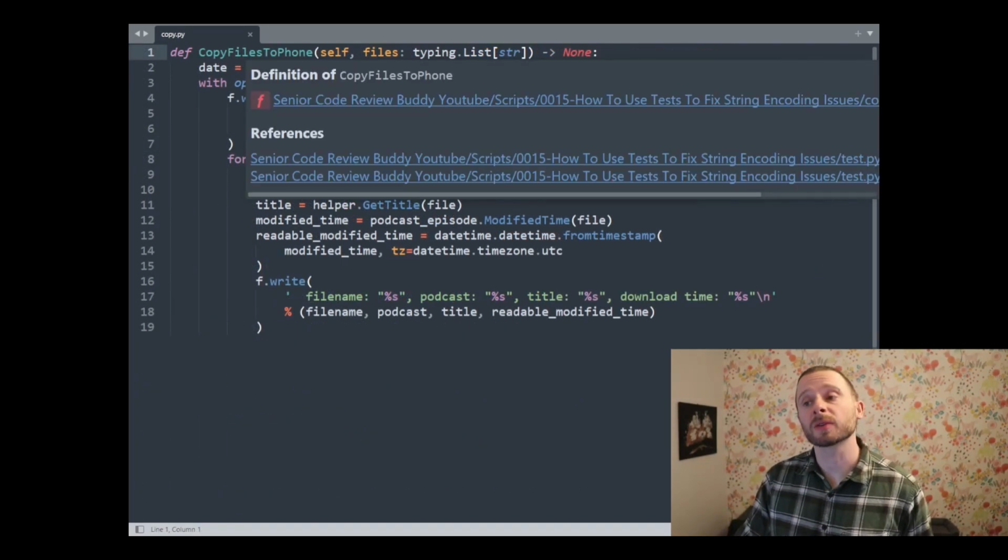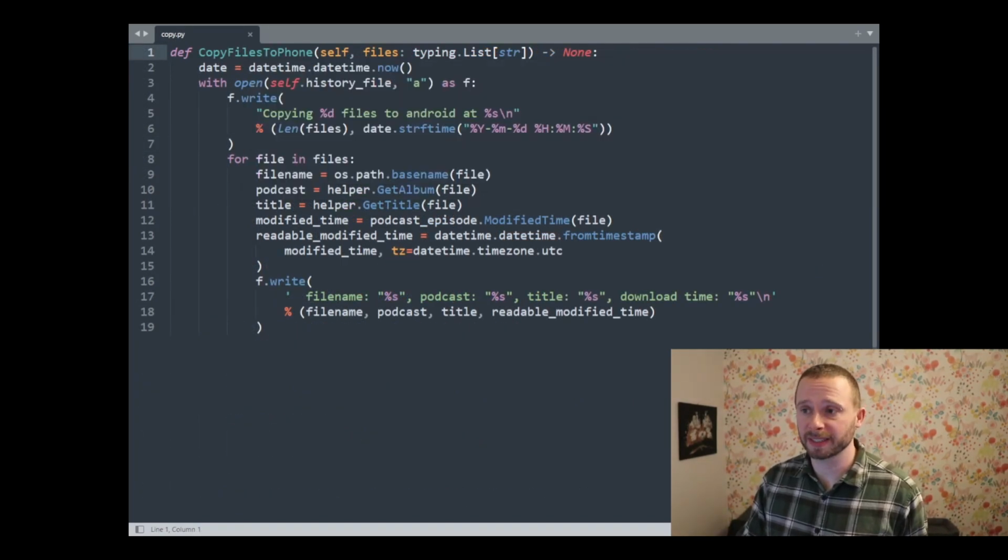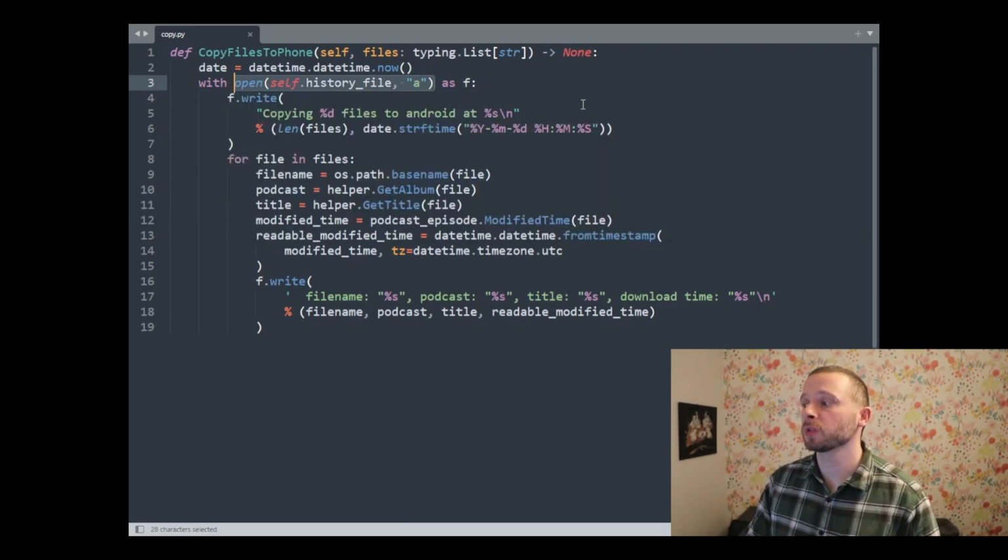So let's look at the actual code and see if we can figure out how to fix the test case. Here's our function. I only copied part of it because I didn't need all of it. It actually took me a little bit of time to figure it out. The problem was this open here. I had assumed that it was going to open the file with UTF-8 encoding, but it's actually going to open the file with the default encoding of Python at this point in time, which happens to be, on my Windows machine,